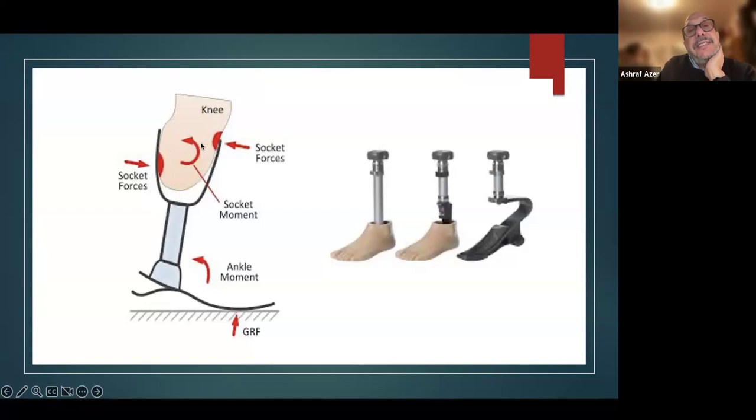طيب ايه الidea هنا in when we move, we're getting here early heel strike, sorry, early heel up. The PTB area will get the pressure, and because of the socket movement you have the pressure socket forces posteriorly. Okay, so this is what creates the pressure around this area. طب نعمل ايه؟